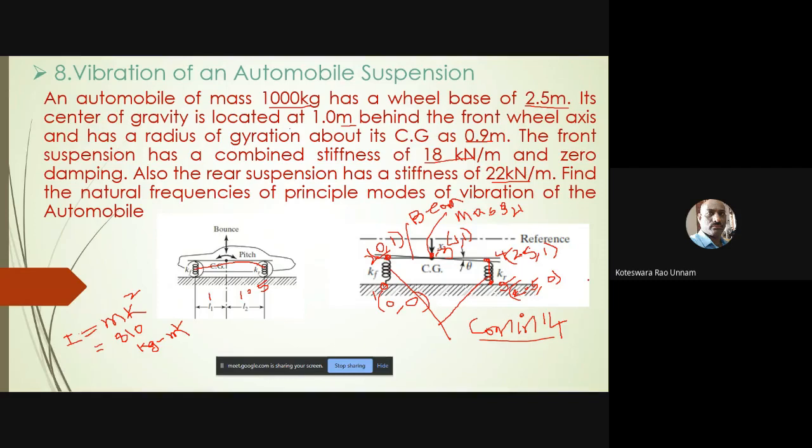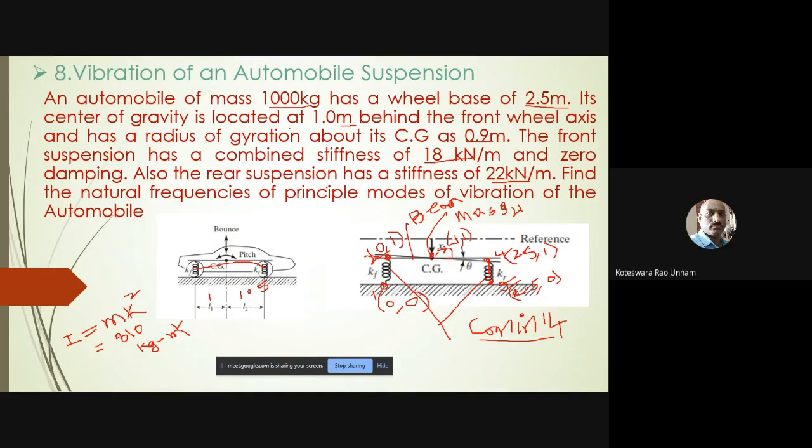Now for the combination for these two springs, you need to define the stiffnesses. That stiffness is defined through real constants. For this mass, you need to define what is mass and what is mass moment of inertia. That is also defined through real constants. For this beam, you need to define the Young's modulus and the Poisson's ratio, and what is the section, what is the geometry of this beam, whether it is rectangular or circular, whatever it may be, what are its dimensions. Those things you need to define through